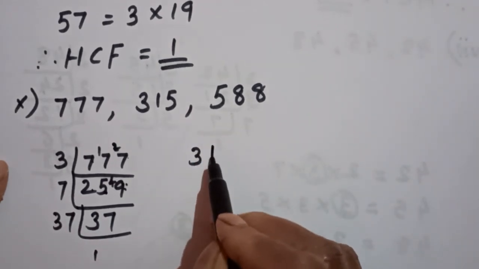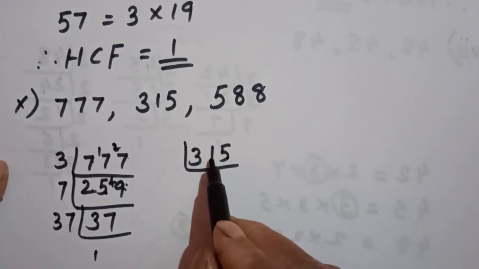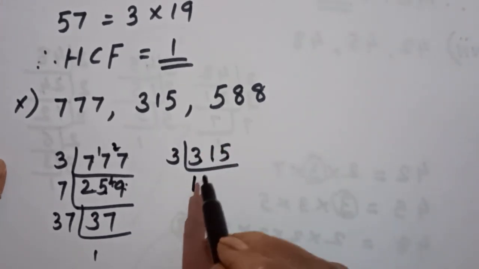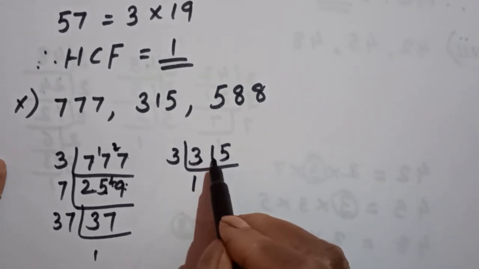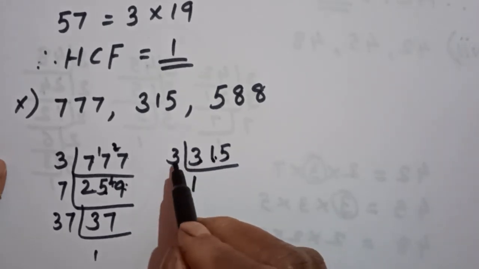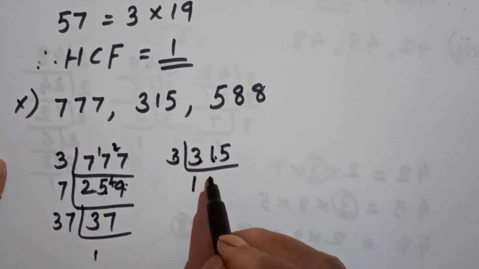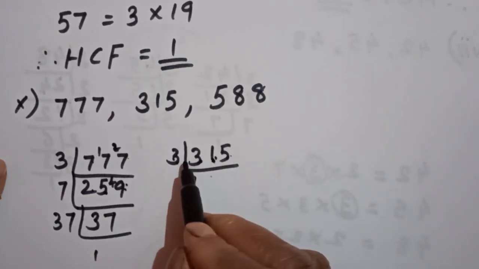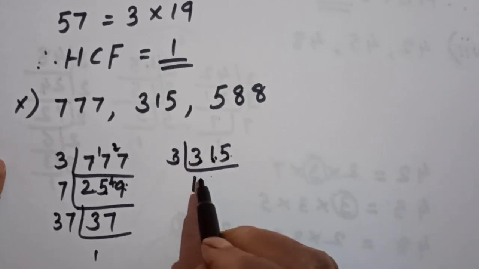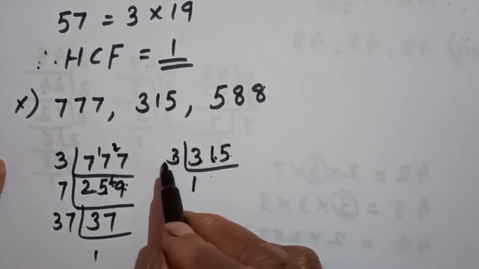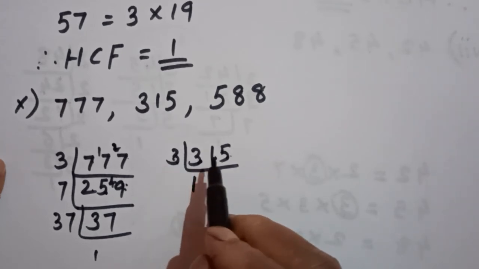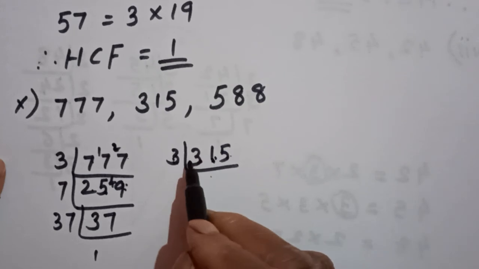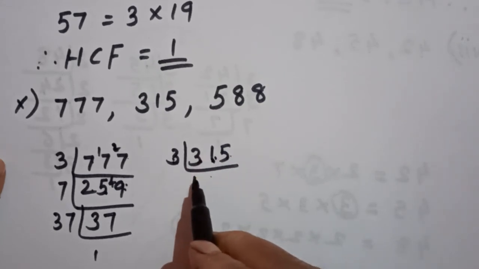Now 315 is the next one. This number goes in the table of 3. 3 ones are 3. That is finished. Now the next number is 1, but it is smaller than 3. So we have to put a 0 before taking these two numbers together, because 1 is not at the beginning. If 1 is at the beginning, we can directly take one more digit if it is less than this 3. But here that 1, which is less than this digit, is somewhere in between. So we have to count the table.